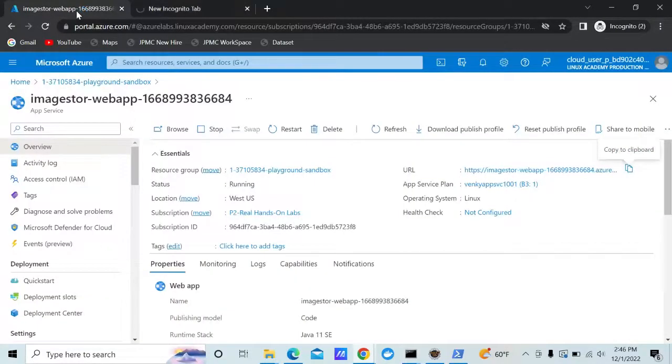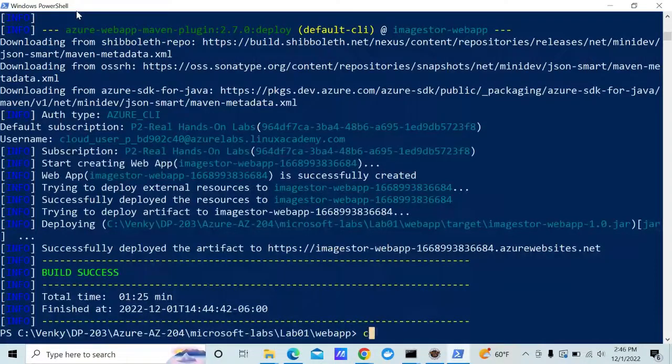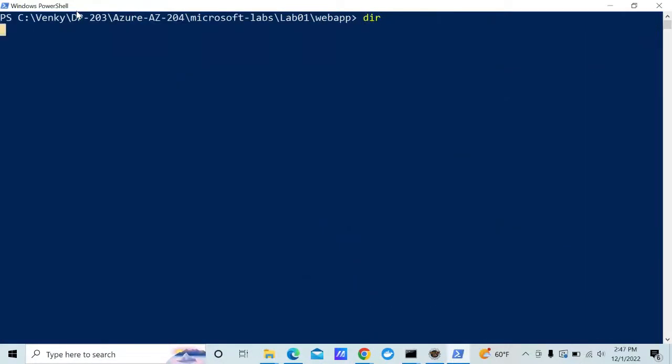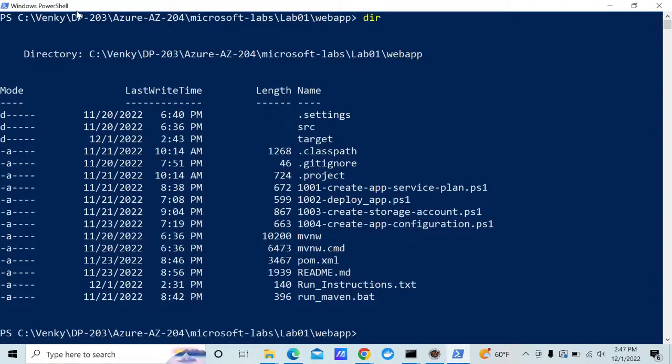So that one we finished. Let's move on to the next step and provision the other piece where we are going to deploy the app configuration, right? That's where we set up all the app